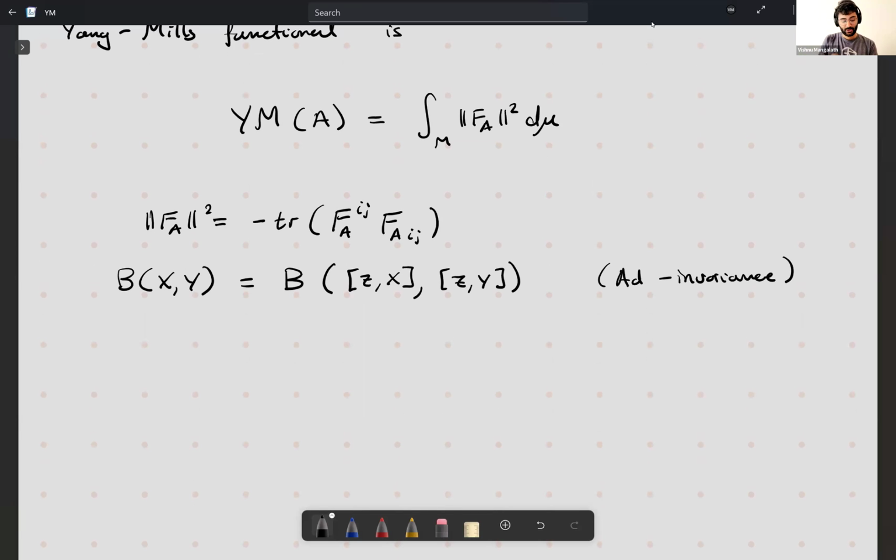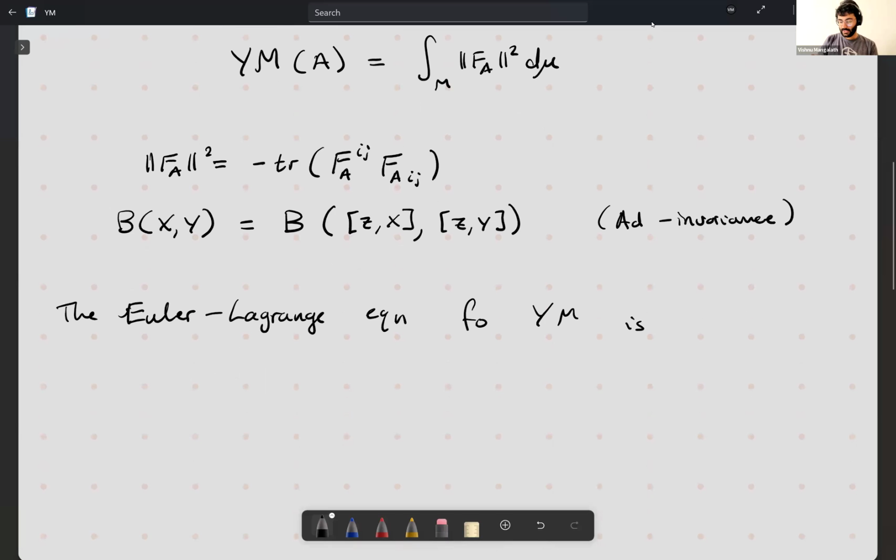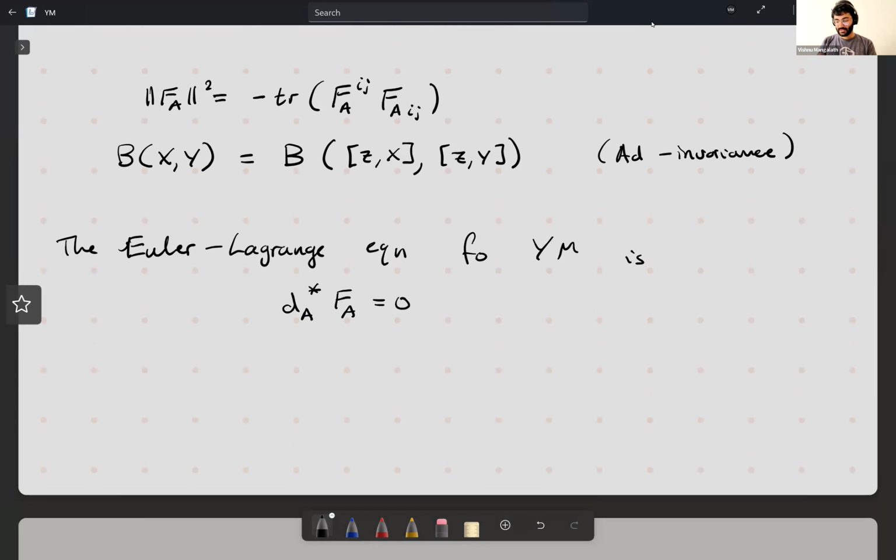Okay, and then Max showed that the Euler-Lagrange equation for this functional is given by the adjoint of the exterior covariant derivative acting on F_A. So this adjoint is defined by, if I have the integral over M of